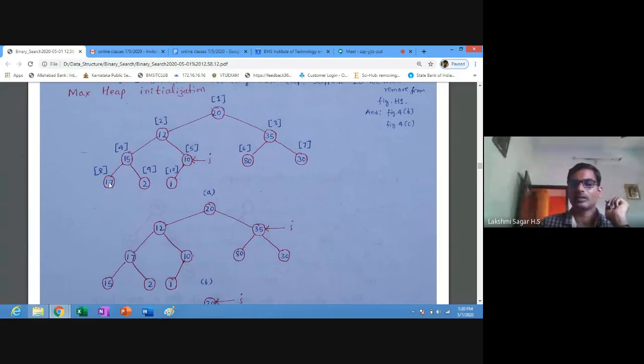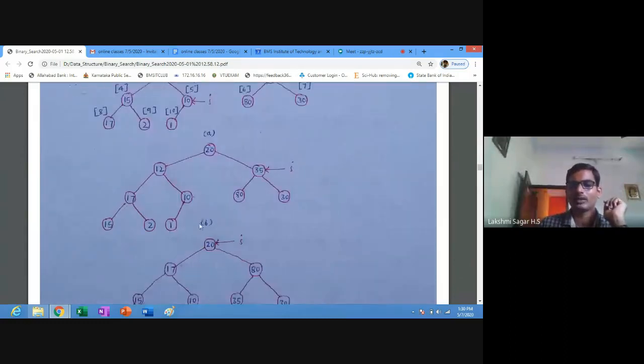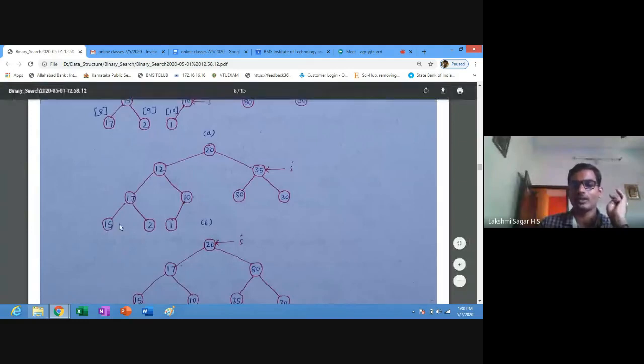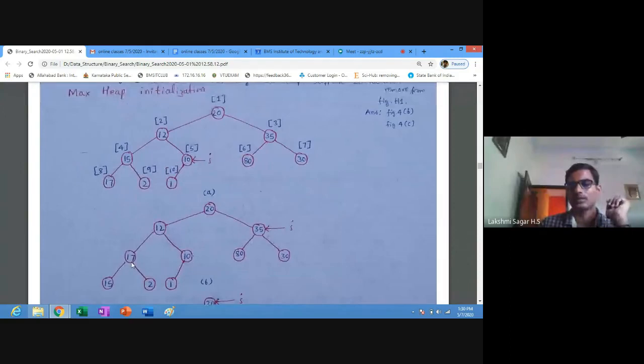You compare 17 with 2. 17 is greater than 2. So 17 is to be moved to position 4, and 15 to be moved down. In figure B, you can see 15 is down and 17 is bubbled up by one position.